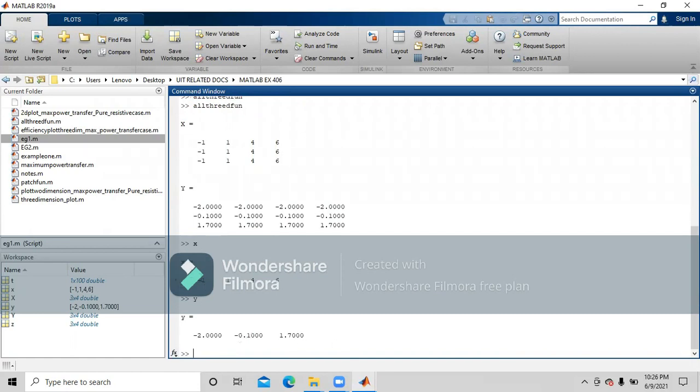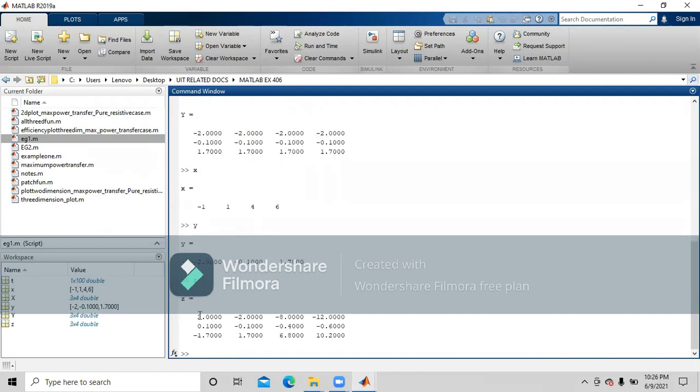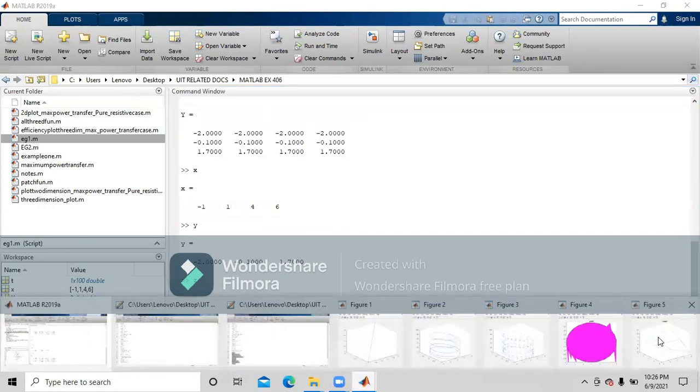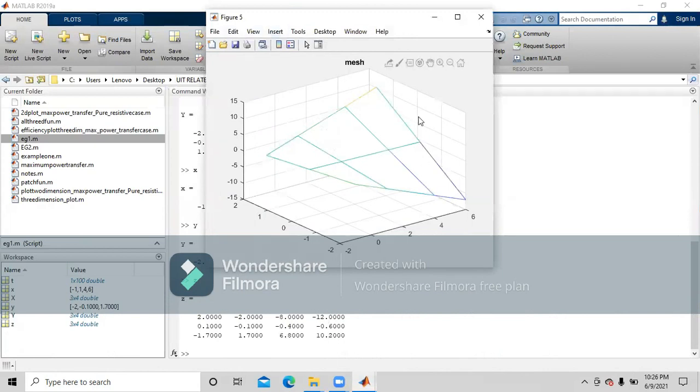So we can make an array of these. Okay, so the Z is basically each of these capital Y and capital X getting multiplied with each other, and then we get an array named Z. So for that, the plot which we have received for the mesh is this.